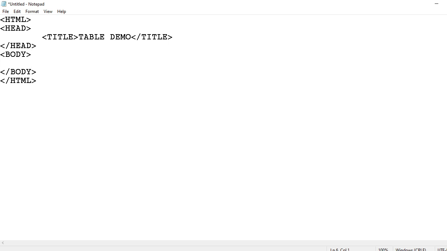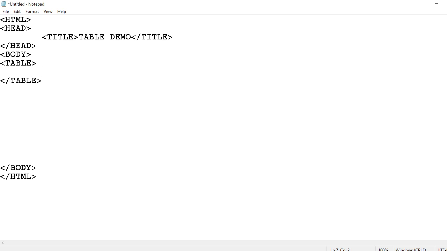Now we have to draw the table. So our table will start from which tag? Now I am going to draw the table. See how to draw the table. This is your body area. Here you are going to draw the table. So I am going to type here table. Table is starting, and I am going to put here the ending table. Done.